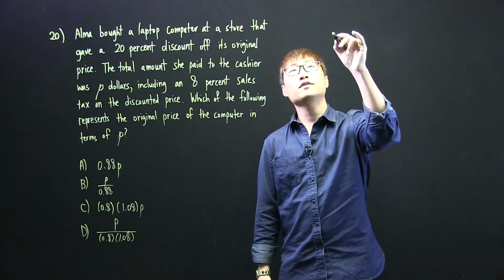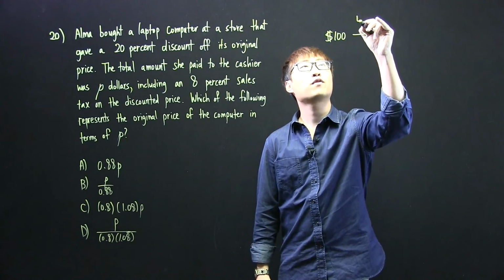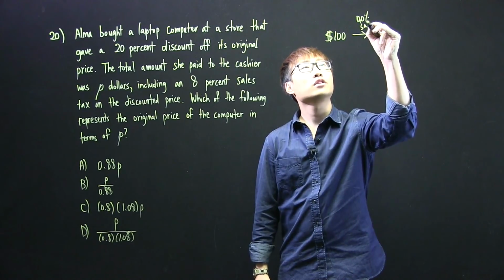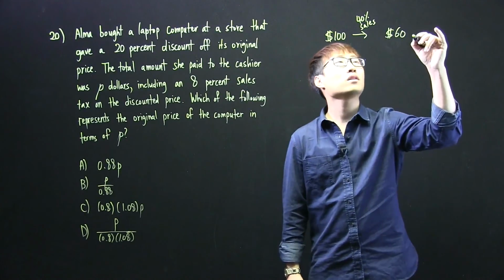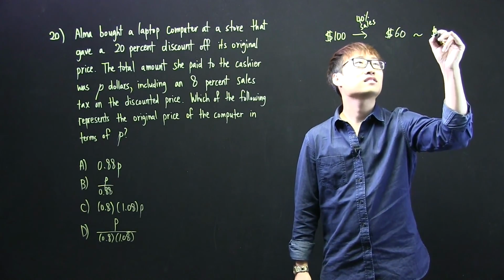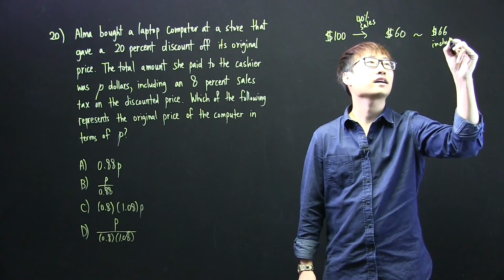What does that mean? If the jacket was, let's say, $100, and it was at 40% off, you probably bought it for $60, or roughly $66-ish, including tax. Now,